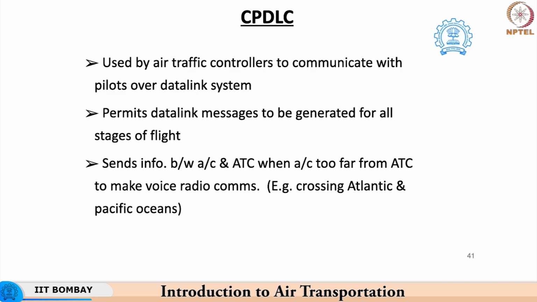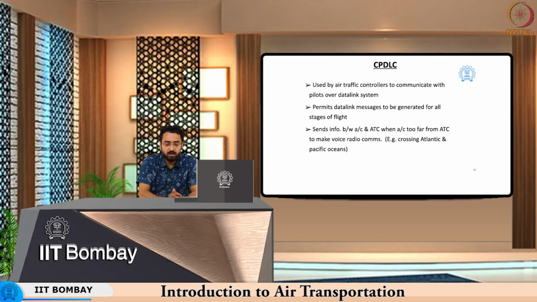By way of this system, the aircraft can provide details related to different stages of flight, such as when the aircraft lands, and when the aircraft wants to approach the nearest airspace, and such communications can happen through data link in a more efficient manner through the usage of this type of system. This type of communication is very useful when the ATC is very far from the aircraft.